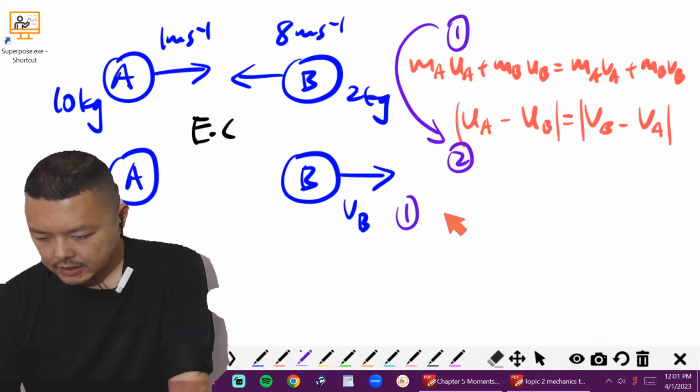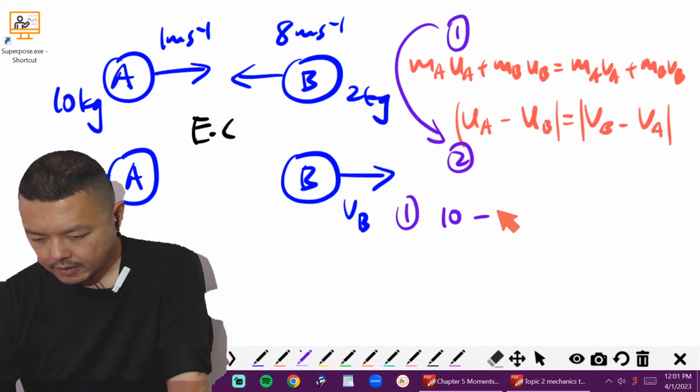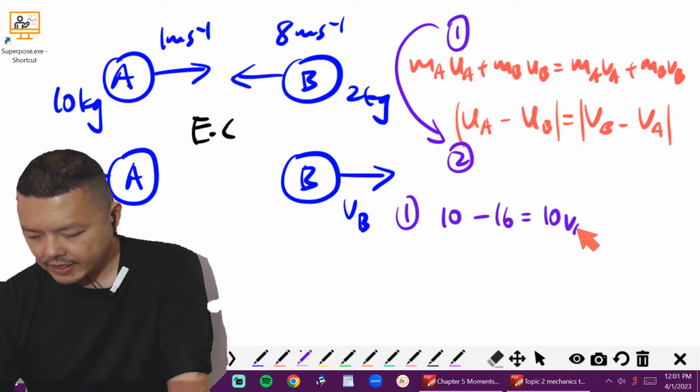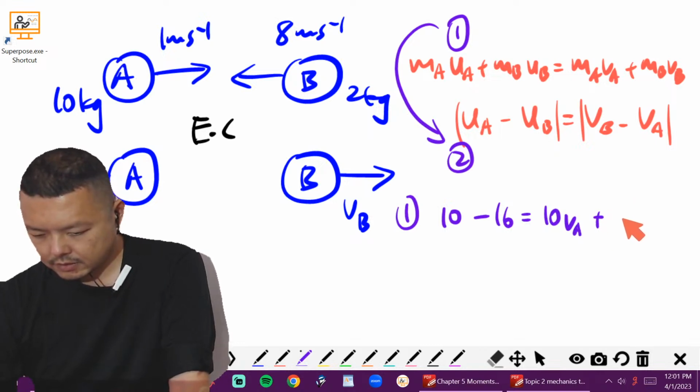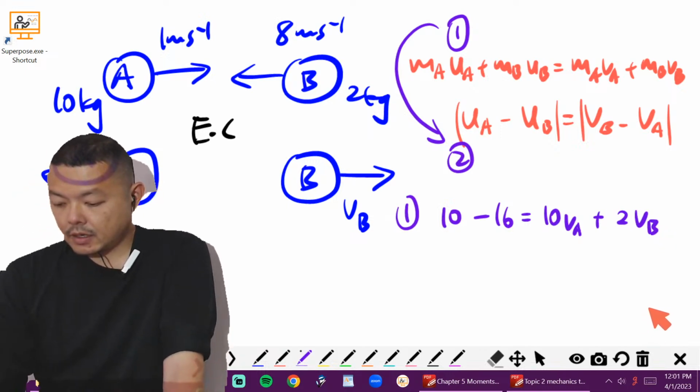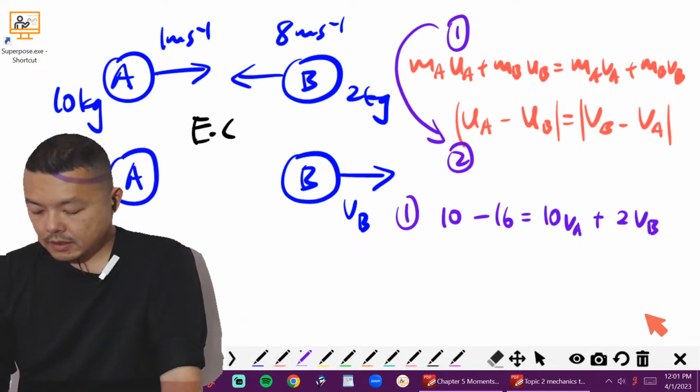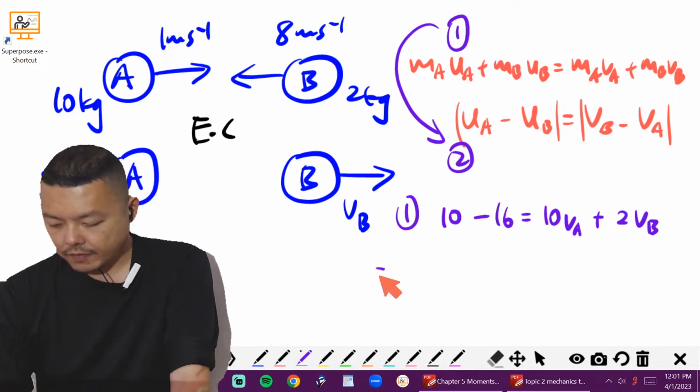This is 10 minus 16 equals to 10 VA plus 2 VB. Okay, right? Then for number two,